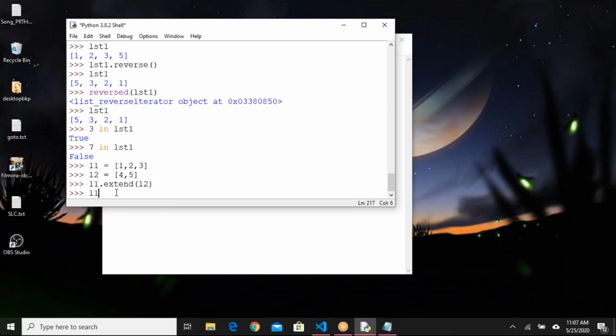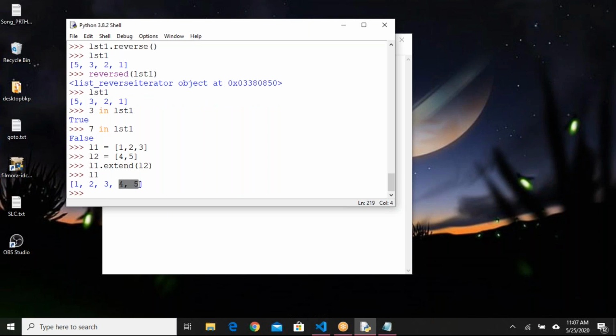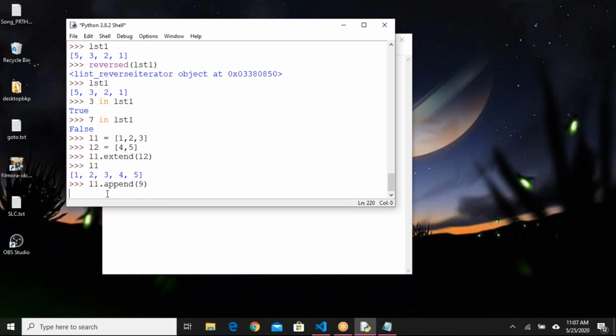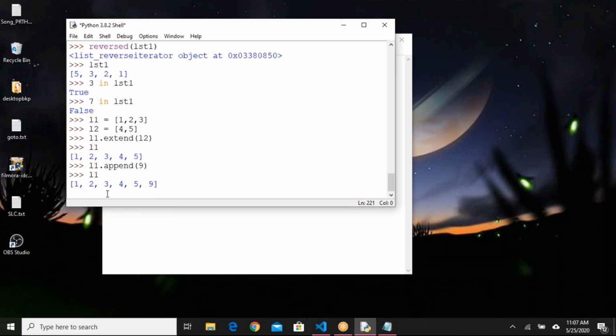If I say that, the new elements will be added here. Coming to append, l1.append, I can add only one element to the existing list. Append is used to add one element, extend is used to add multiple elements.